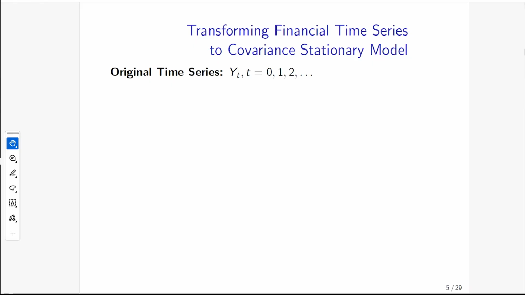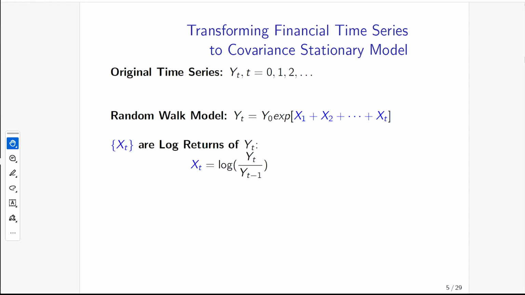And what ends up happening with many, many financial time series is that we consider the time series yt to correspond to a random walk model on the log scale. So if we were to look at taking the log of the series